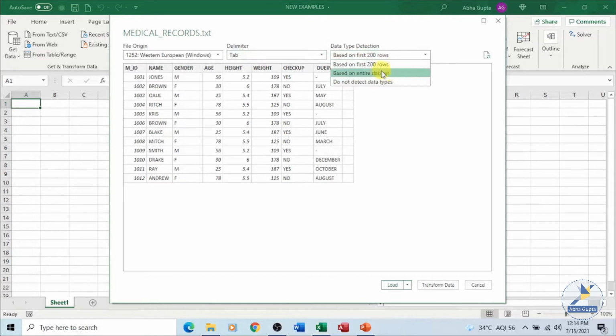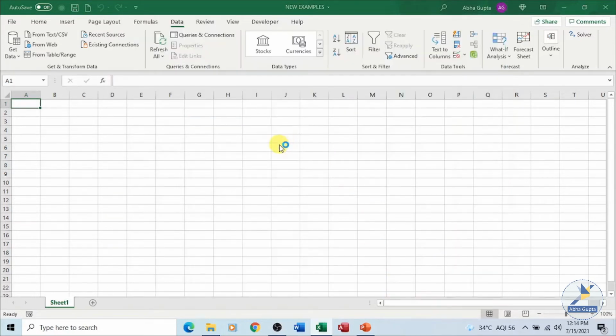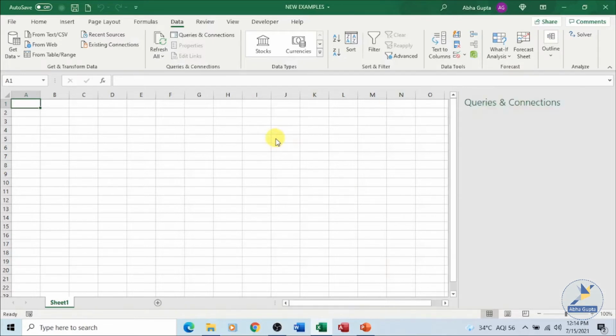If you want, you can select the entire database. I have only a few records over here. Once you are done, you can transform the data to a different type, or you can click on load to load the data. Again, it will take a moment because the connection has been established and it is getting the